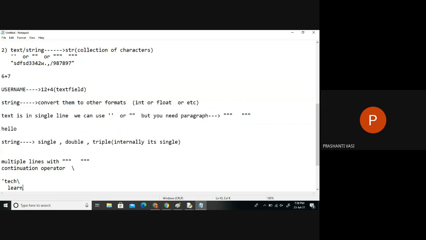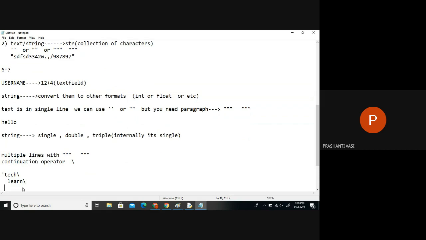And then we can type this. Again, if you want to type the next line in this, we can type like this. It will work. Now it will not do any breaking here. Previously, when I wrote single quotes, I had to write in the same line. It will not allow you to go to the next line. So even without finishing the single quotes, I can go to the next line with the help of this symbol.